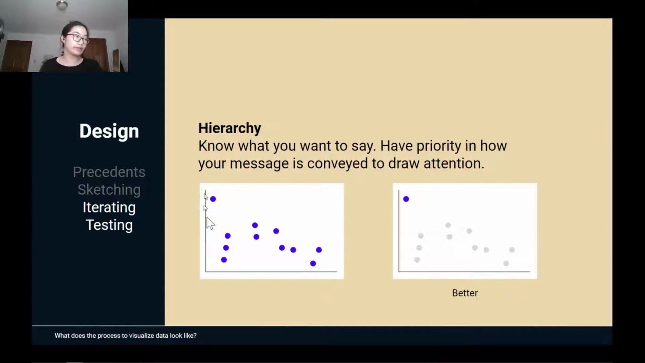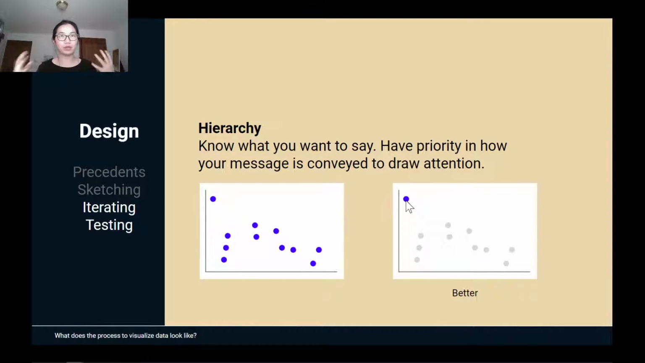So say, for instance, you have a scatter plot here, and you only want to talk about this point here. What you can do is make everything else a little lighter and just make this one darker, and your attention right away goes there. So that's a way of building hierarchy where you help direct people's attention, and you help them focus. I think that's the most important thing, because